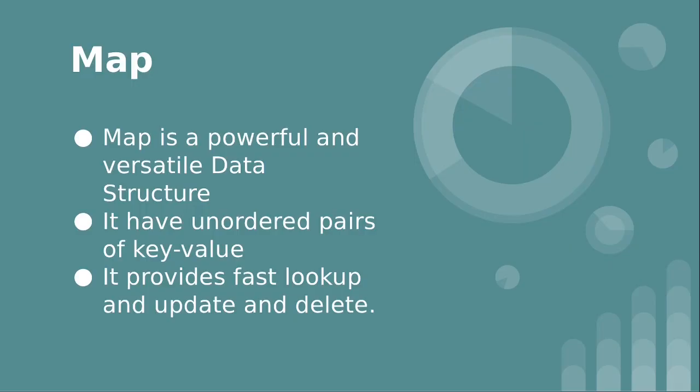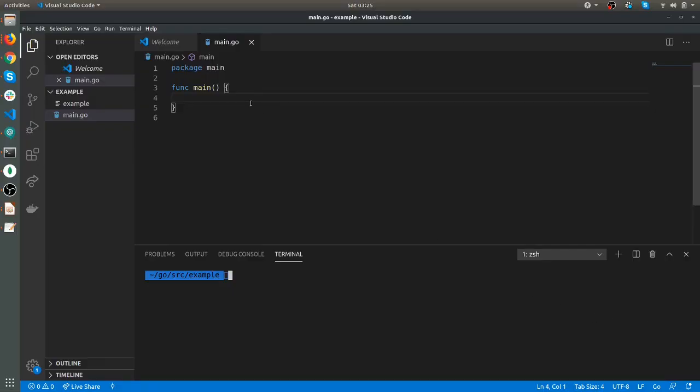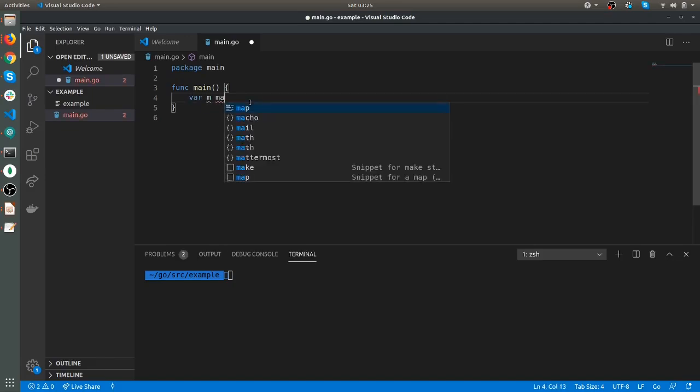Map is a powerful and versatile data structure. It has unordered pairs of keys and values. It provides fast lookup, update and delete. Now let's take an example of a map. Let's take a map of string, because a map has a key and a value.